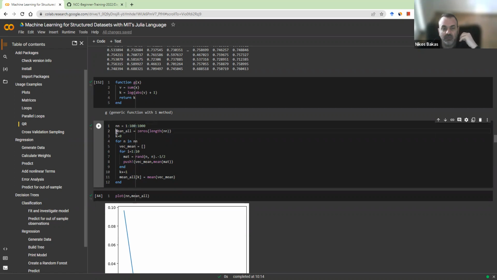And I will keep the average of all iterations in this vector, which I initiate with zeros with length n. And okay, I start with the iterator, k equals 0. And for n in nn, okay, for this